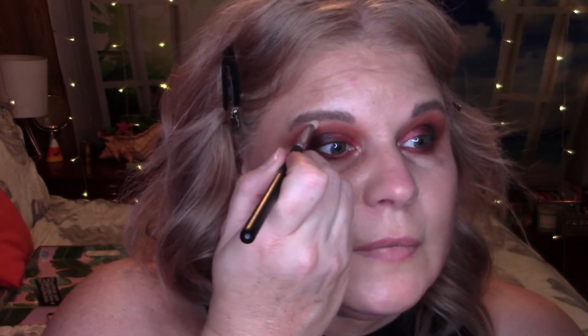And I'm going to do the same thing up here on my brow bone, just a touch. Voila! I think we're done, and I like how it turned out. I don't want to put any liner on, and this is why. I think it's really pretty without it, so we're going to skip the liquid liner today, and we're just going